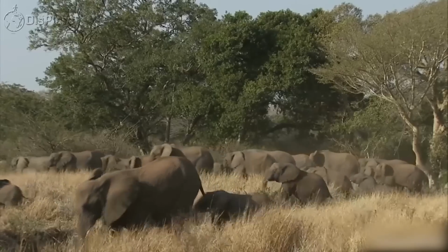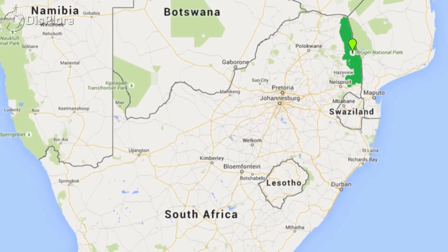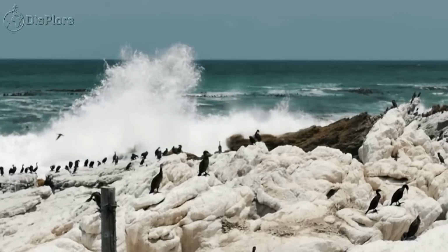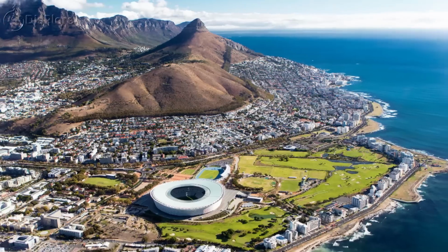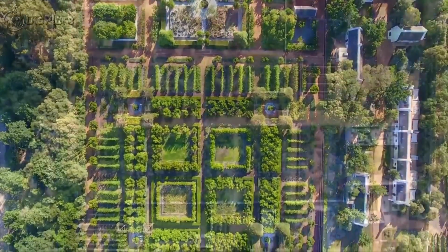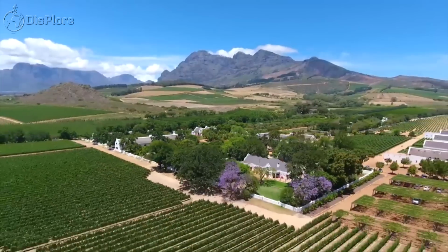Some of the most popular destinations include several national parks, such as the expansive Kruger National Park in the north of the country, the coastlines and beaches of the KwaZulu-Natal and Western Cape provinces, and the major cities like Cape Town, Johannesburg, and Durban. The country is also particularly rich in plant diversity, with a wide variety of biomes found